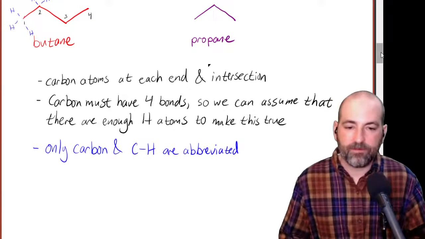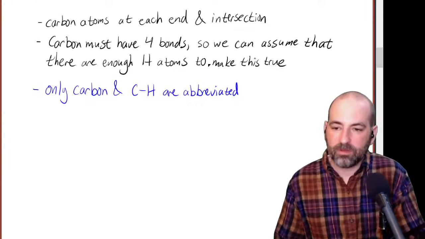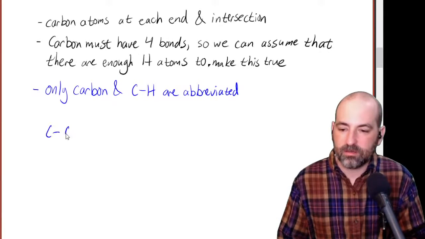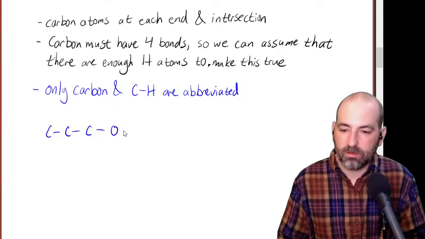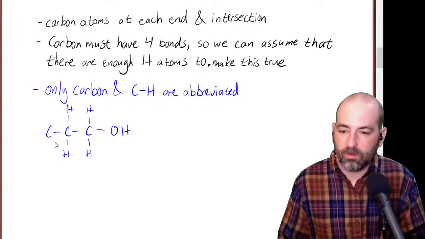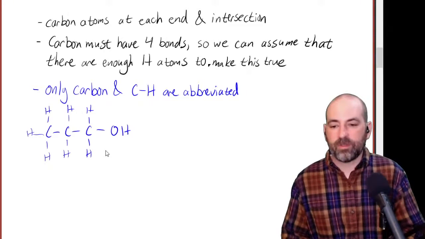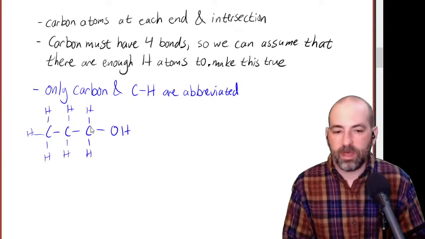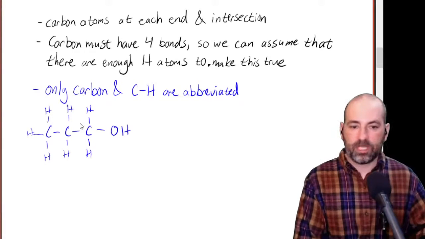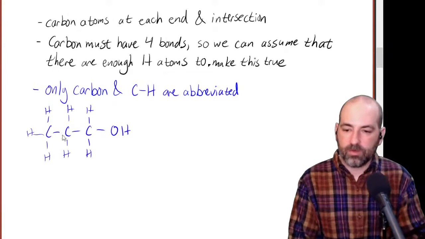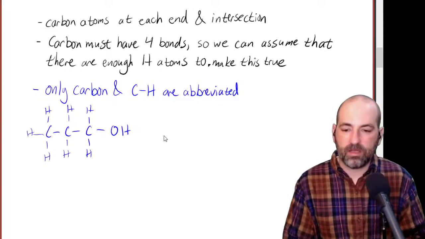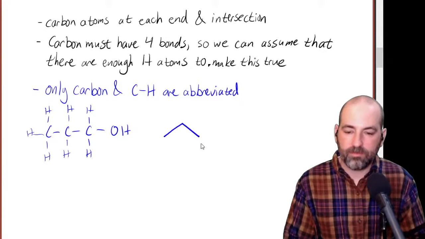So let's say, for example, we have a Lewis structure that looks like this, that has an O bonded to an H. And let's say we want to draw a line structure of this. So the way we would do that is we would say, okay, how many carbons are there in the chain? In this case, there's 3, 1, 2, 3. So we would make a zigzag of 3, 1, 2, 3.